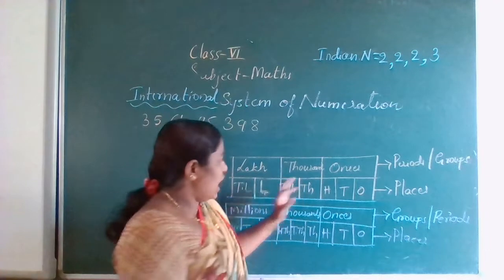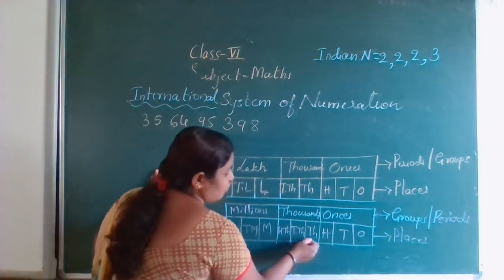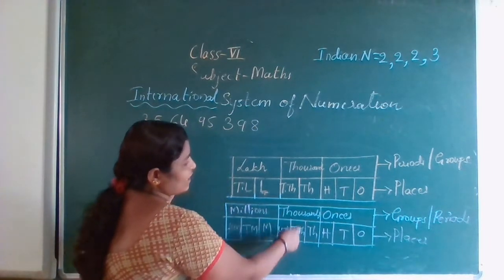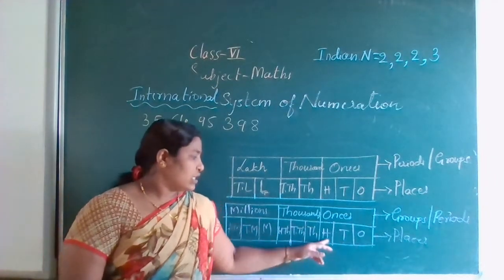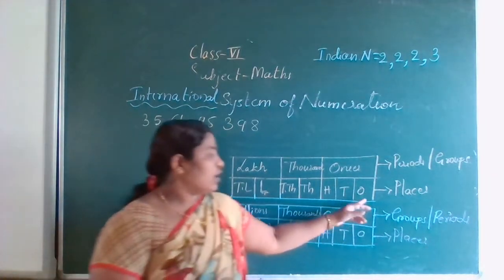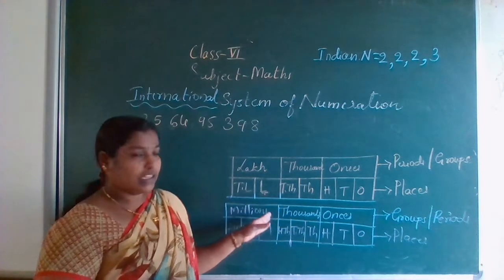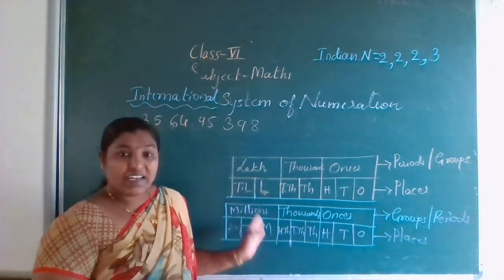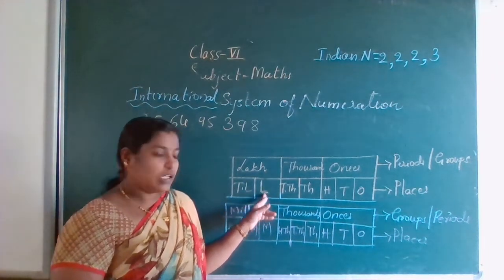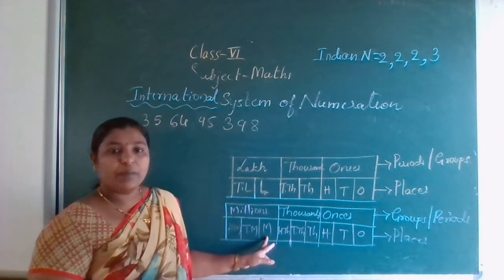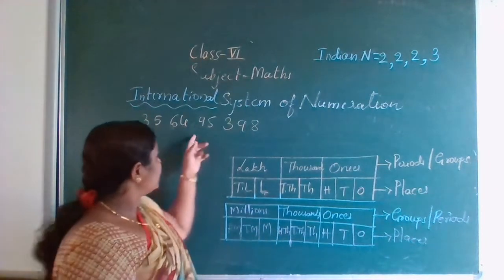Okay, see, up to 5 digits, 1, 2, 3, 4, 5, the Indian system as well as the international system, both are the same. Ones, tens, hundreds, thousands, ten thousands. Here also the same. After 10,000, after the 5 digits, the 6-digit number in the Indian system is lakh, in the international system it will be million. I hope you are understanding this, and we'll take this example.